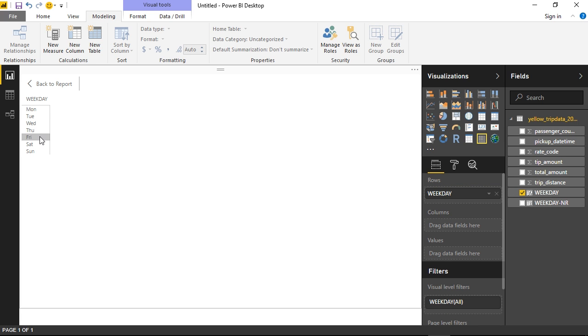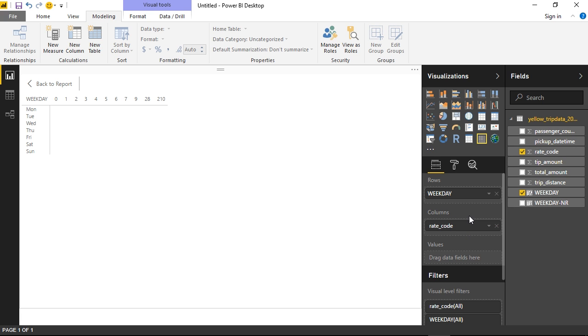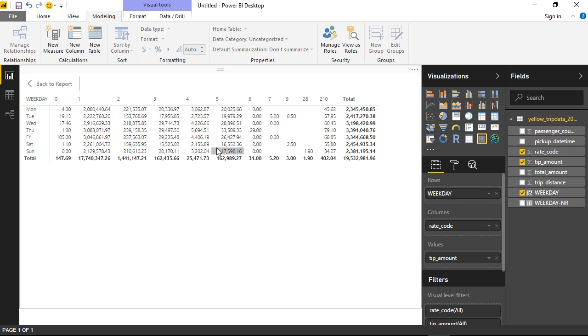You can see again the sorting is correct. And then we can use for the columns maybe the, I don't know, the rate code, for example, like that. Let's select that. And then we can select maybe the tip as the value, like that. As you can see, you have now created that matrix, and we will not talk about the details of that matrix now. The only thing I want to show you is that you can also add those great bars that we just saw